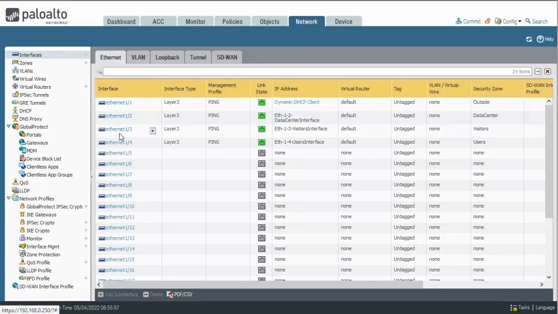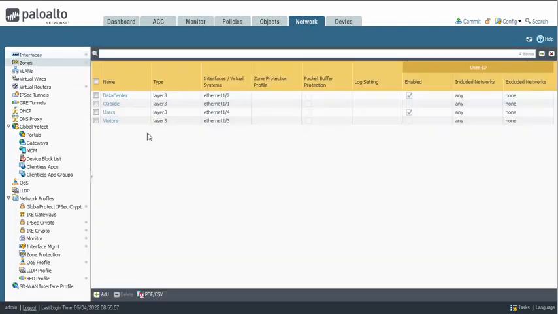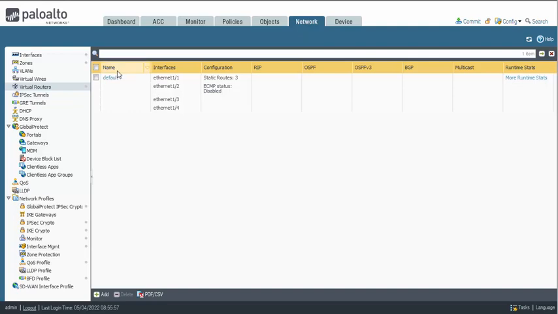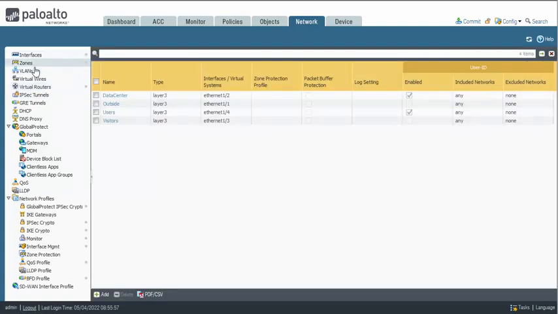Really what you need to do is have the interfaces with the green lights on the link state. You need to have the zones set up. So each one's a data center zone, an outside zone, a user zone, and a visitor zone. And each one of those links up to the virtual router. So you need to have the default. I've put a default router there and put all the interfaces into the router so that it's able to communicate through with the traffic. And each kind of zone is